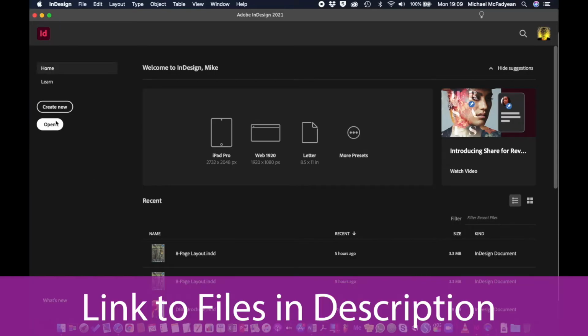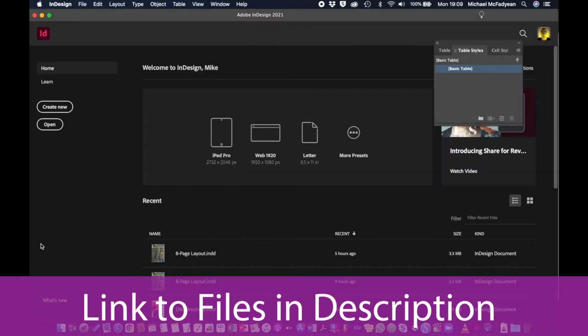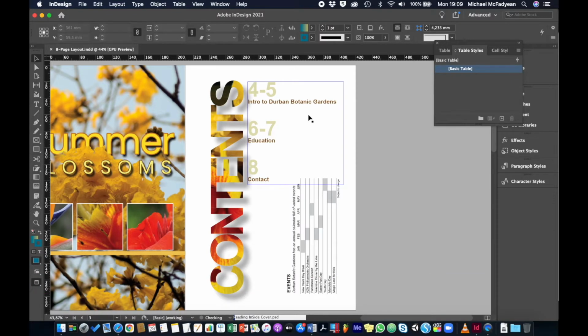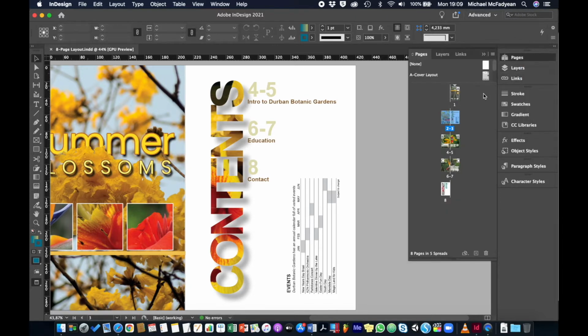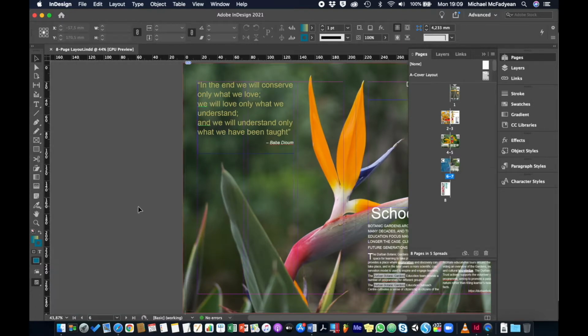Okay, so you're going to open up Activity 721, 8-page layout. We've done this table on page 3. I'm just going to reset my advanced workspace and go to page 6. On page 6 we want to put a table in here, so I'll press W so I can see